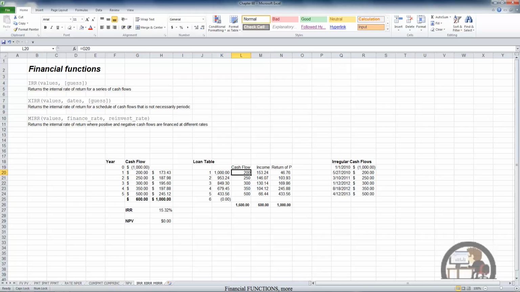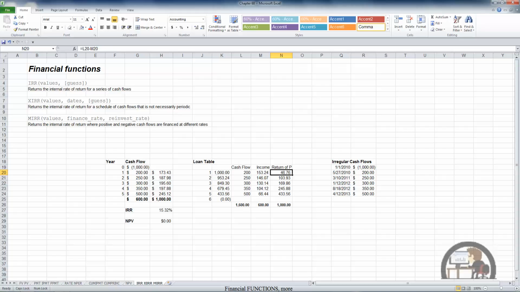The cash flow for the first year is $200. The income that we're making on the investment is the $1,000 times the rate of return. We had the internal rate of return calculate the rate of return. We're applying that rate to the investment, which is $1,000, giving us a return for the first year of $153.24. And since we got a return of $153.24, the additional cash that we received over and above that, which was $46.76, was a return of the invested